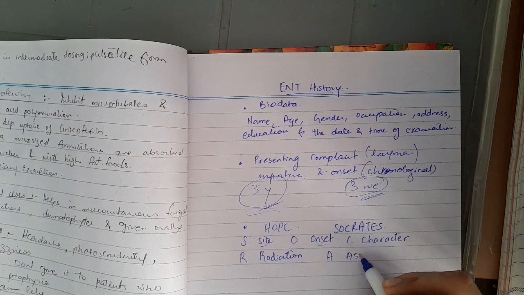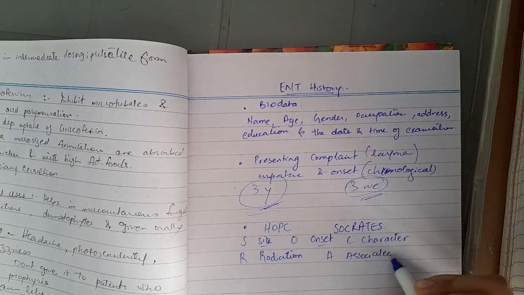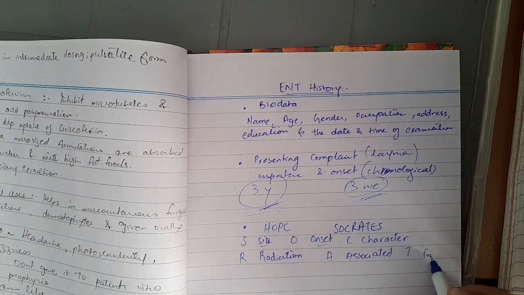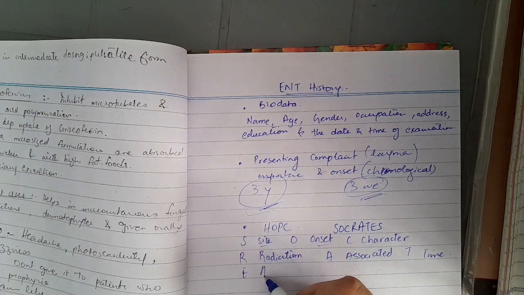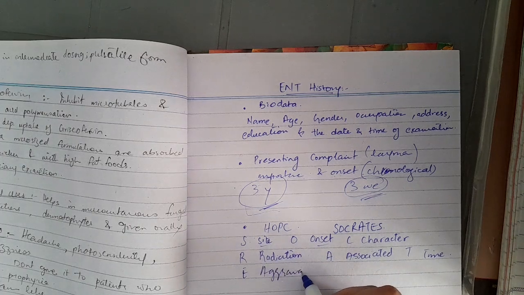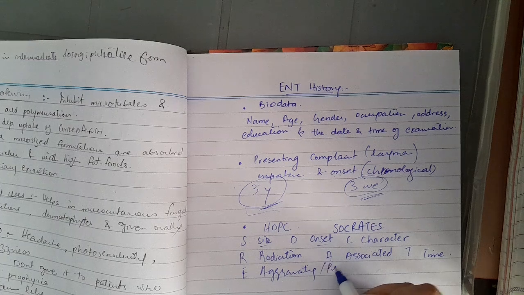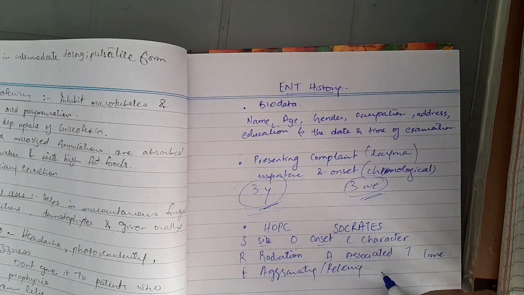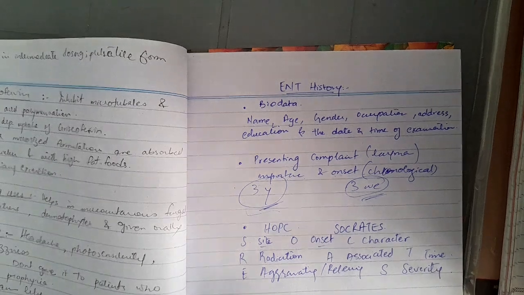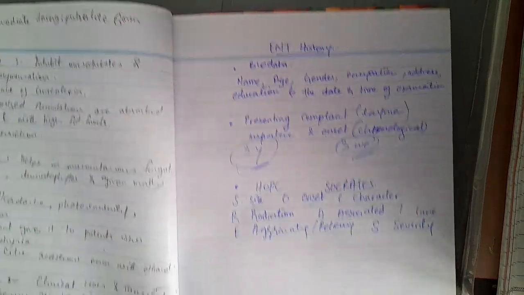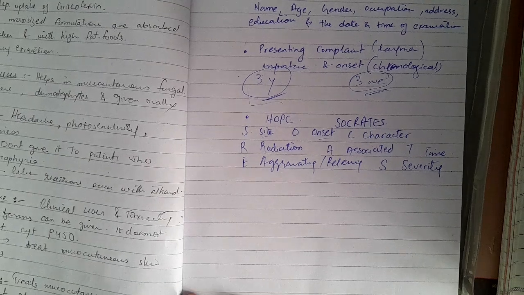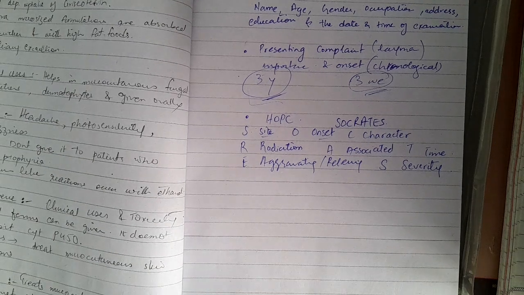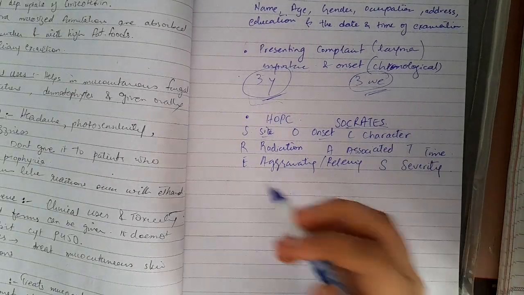A is the association, what the pain is associated with. Then T is the time duration, okay, how long does the pain occur. E is the aggravating and the relieving factor, what triggers the pain and what relieves the pain. S is the severity of the pain, whether it is very severe or it is less severe. Okay, so you have to write about the pain if this is present, and you will use the Socrates criteria, or you can also use the